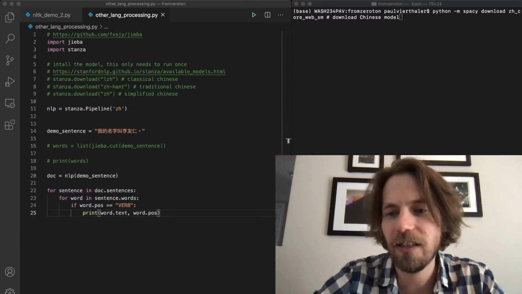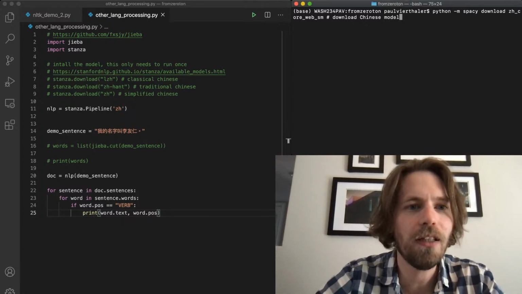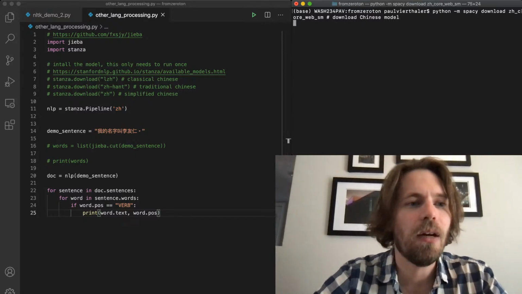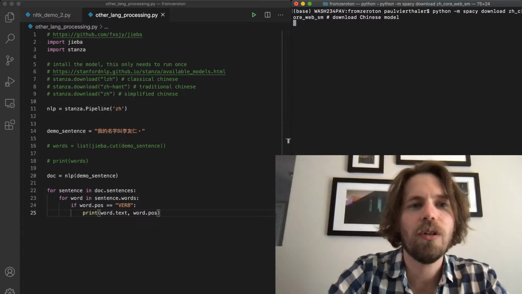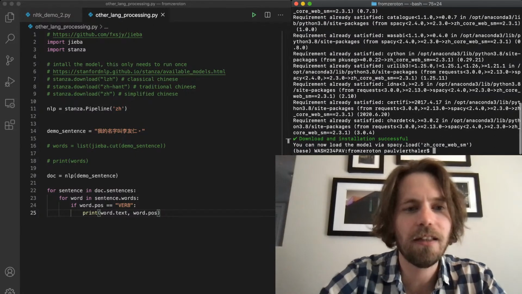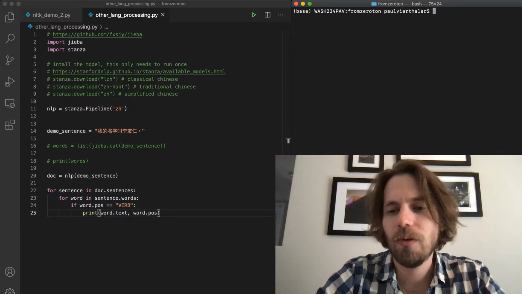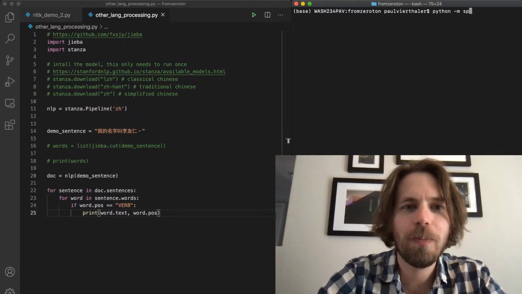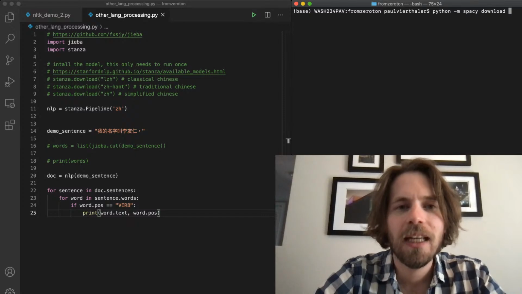I'm going to post it here in the chat, so you can copy that if you want. That is for Chinese, which I've already downloaded, so hopefully it'll just say this is already satisfied. It looks like it. So the way that you do this is python -m spacy download, and then the name of